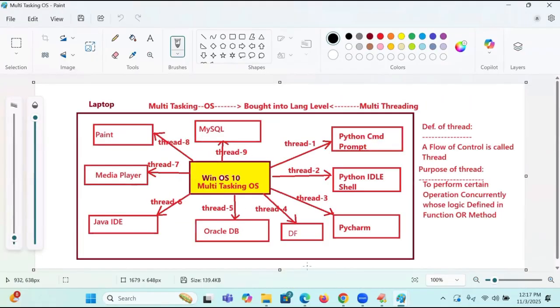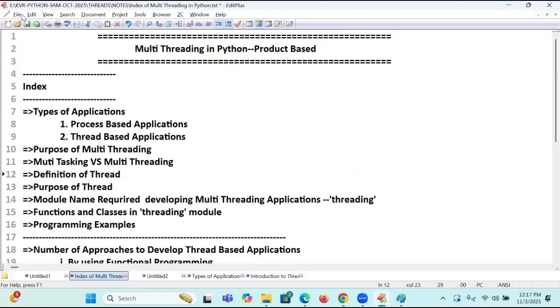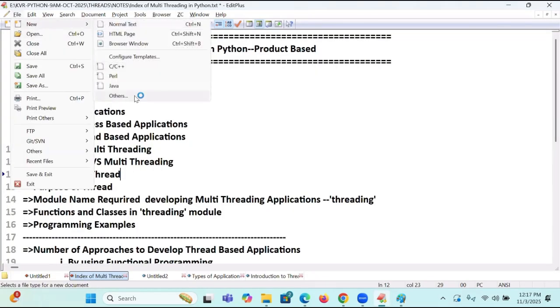Now I am going to enter into the small coding. I will explain with the timing and all those things. Let us start understanding.